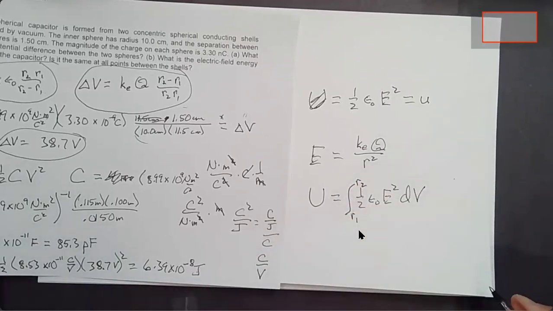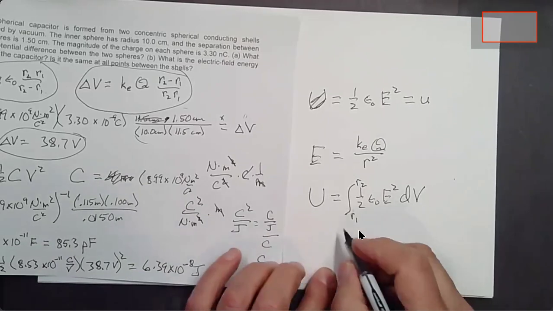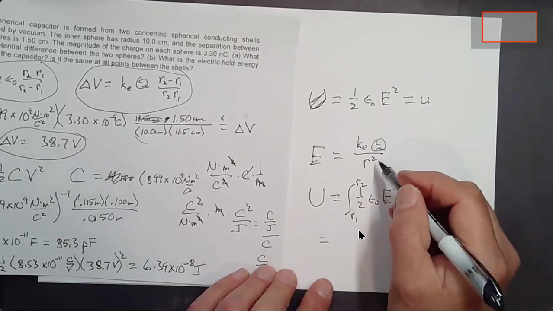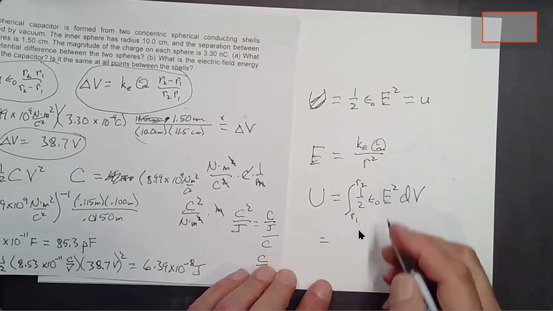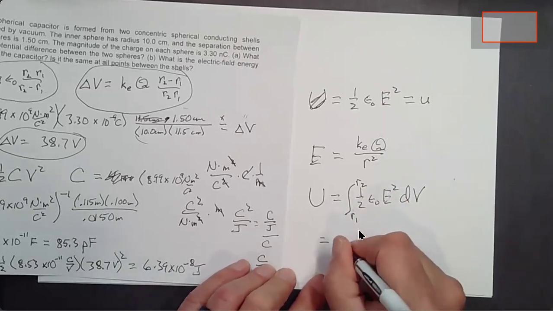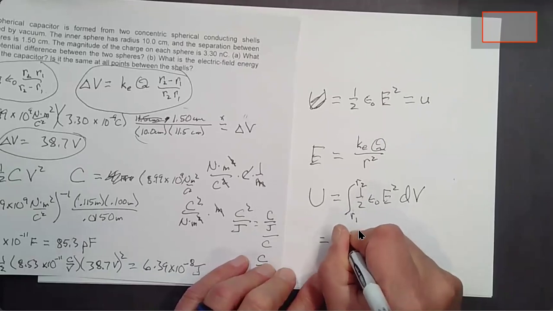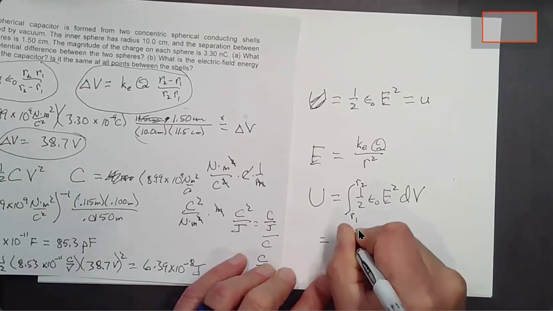And so the 1/2 epsilon naught can come outside the integral. E is K sub B Q, that can come out also. Well, I'll go ahead and write all the parts out here, but integral from R1 to R2